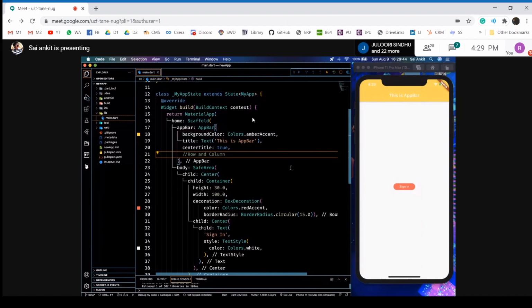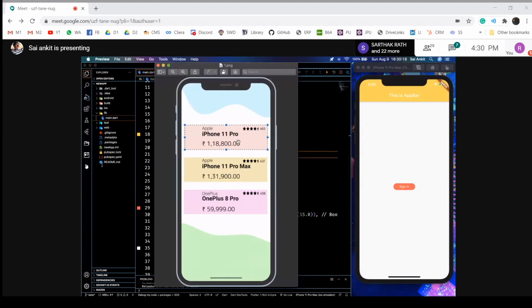Anyone who understands a basic spreadsheet or Excel will understand what a row and column is. A row goes horizontally and columns go vertically, right? In a similar way, we can include a column of widgets or a row of widgets. A column of widgets is a continuous array of widgets going vertically, and a row is a horizontal array of widgets. In this example, you get three text widgets arranged in a column.